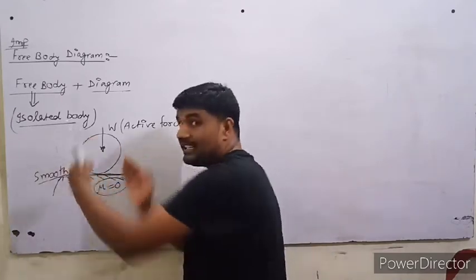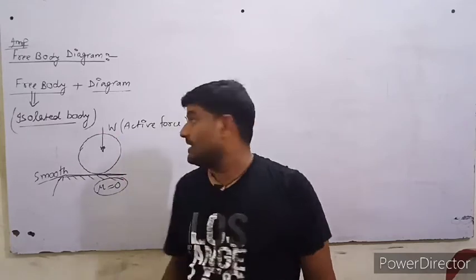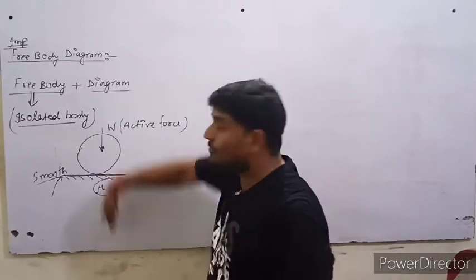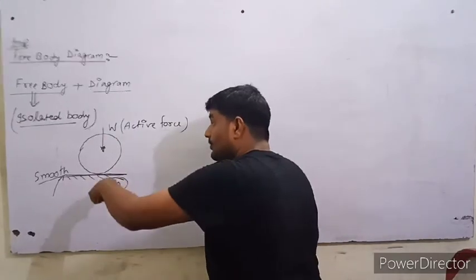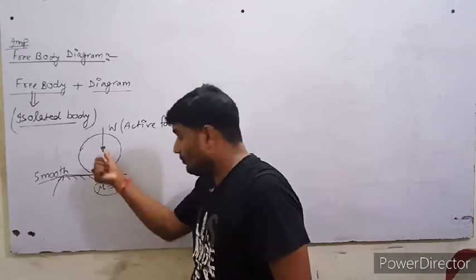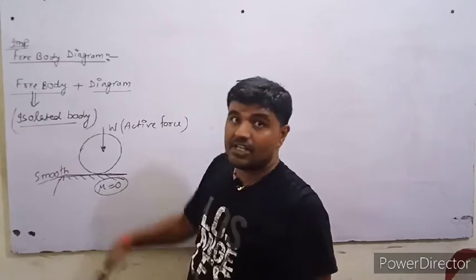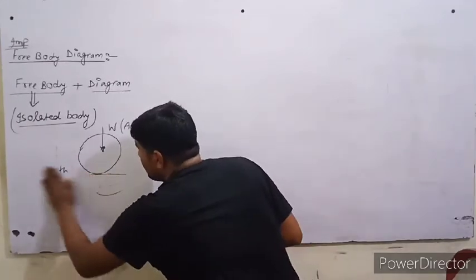A force may be acting externally, but here I am considering only the self weight of the body, that is W. Since W is acting in the downward direction, there is a support, and this force will do an action on this support. If I remove this support,